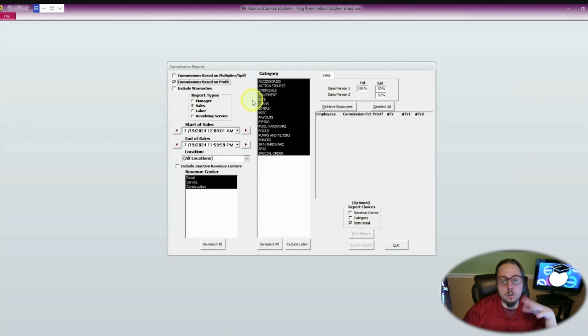I'm going to pay commission based on the profit that my store makes. This is the second most common type of commission that we see. It's more common with services, but it sometimes applies to retail. But the setup is exactly the same. I make my selections. In this case, I don't have to change anything, but I am going to be changing